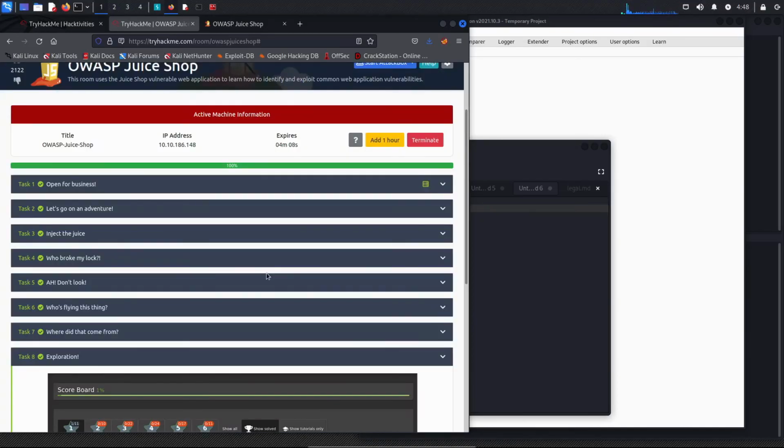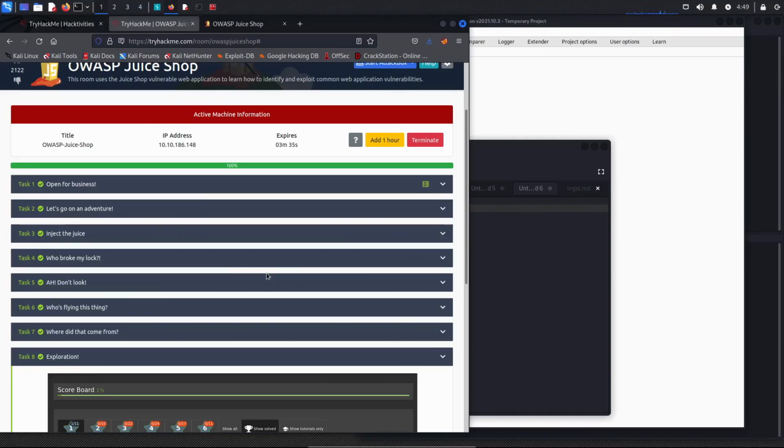So as you can see, for this room, it was quite easy to complete. At least by now I can say it's easy, but it was not so intuitive the first time I tried this room, and at some questions I got stuck, and I had to look at others' write-ups to understand how the process worked, what they were looking for. So I recommend you do the same.